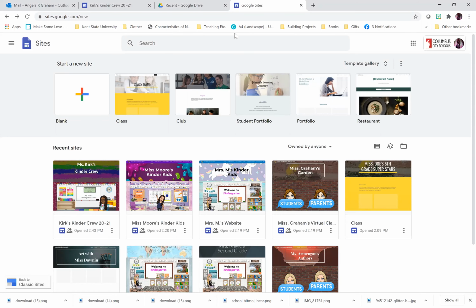Now, all you have to do to get here is you can just literally type in Google Sites and it'll take you to it, or you can type in the URL, which is sites.google.com. You don't have to put any slash or anything after that. It just takes you here. Now, as you can tell, I have quite a few websites already here, but we're going to focus on making